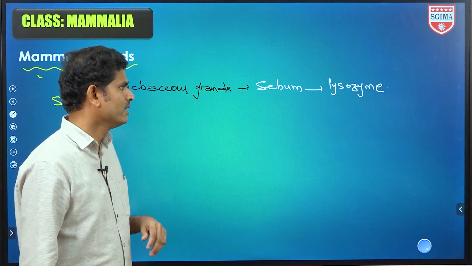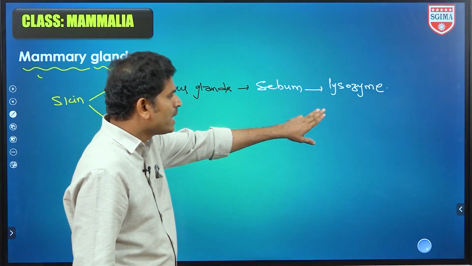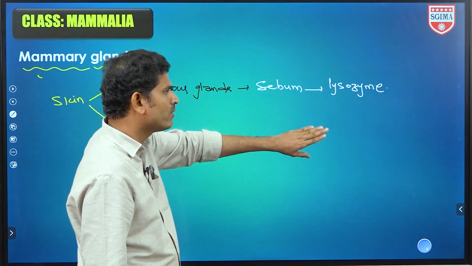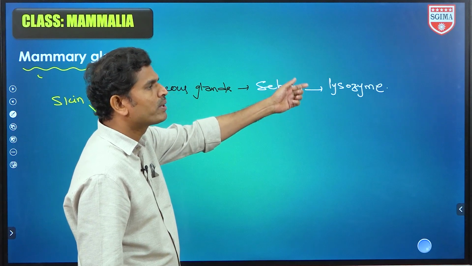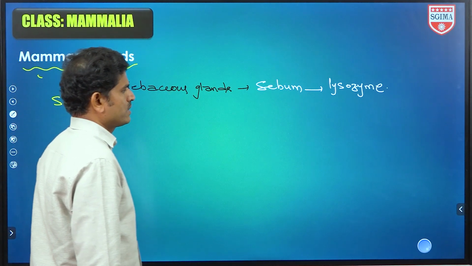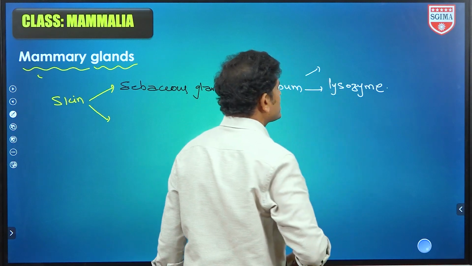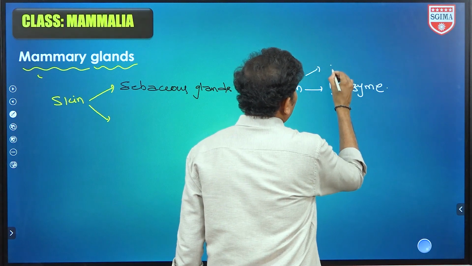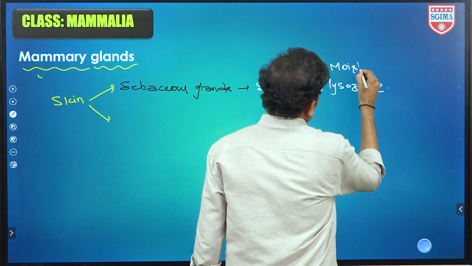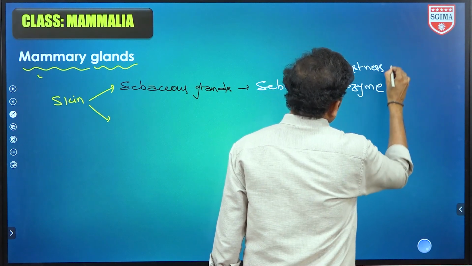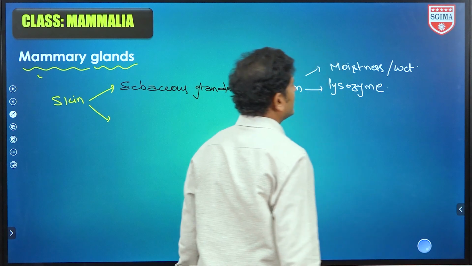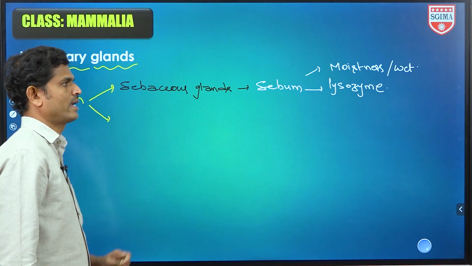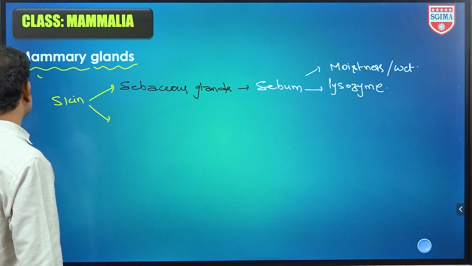It comes under the first line of defense. So lysozyme helps the organism to prevent microorganisms from entering and disturbing our internal environment. That means it is used to prevent disease. Not only this, one more thing is there: they provide moistness, wetness. Then the skin will always be soft, otherwise the skin will become dry and rough. So this is about sebum, sebaceous glands.